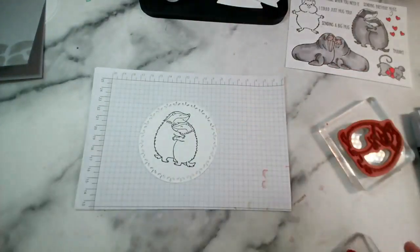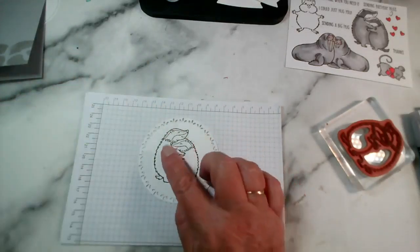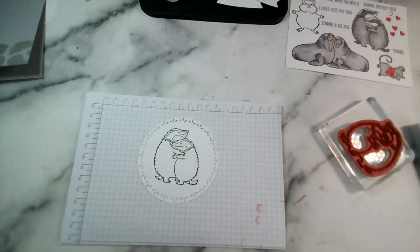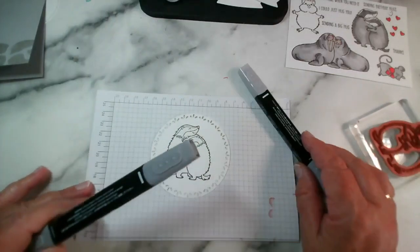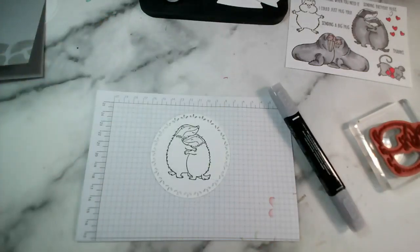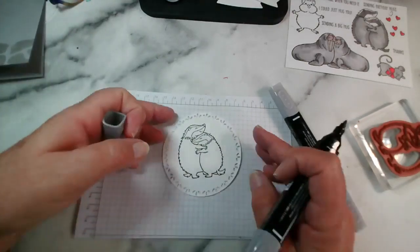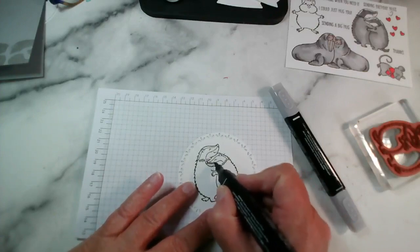Just turn that over so it doesn't interrupt. So I have to remember it's going to be a white face, so what I'm going to do is the dark bits first, just so that I don't get carried away. So I've just got 2 pens today, dark smoky slate and light smoky slate. I'm just going to start with the dark one and just do that face stripe. So remember, it's a white face and then it's got